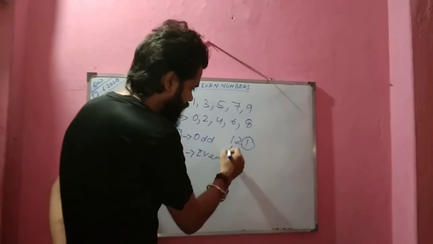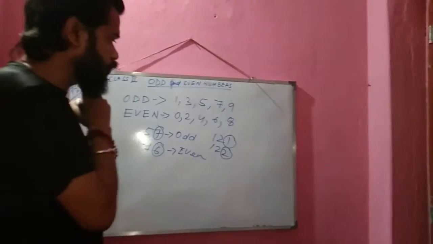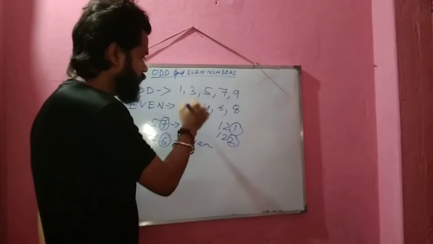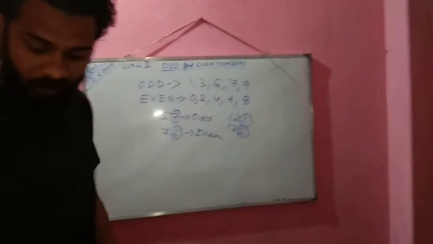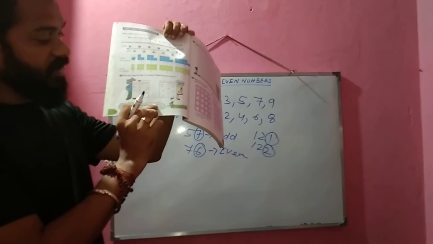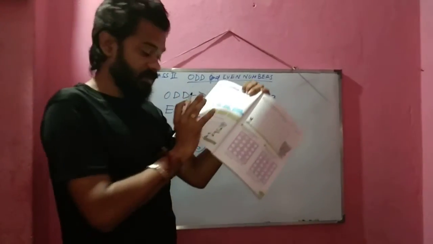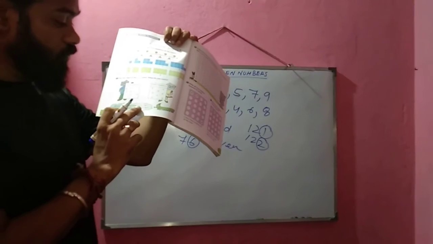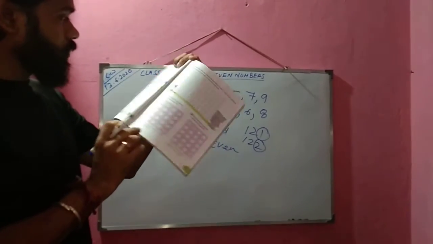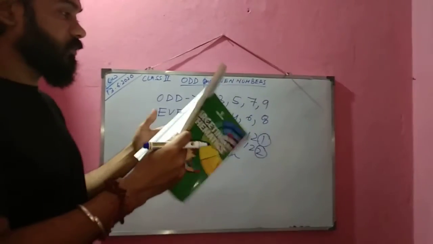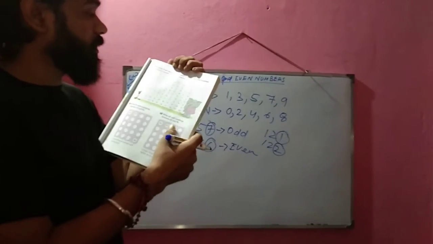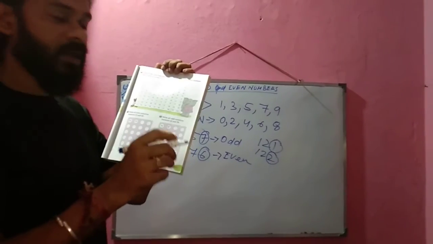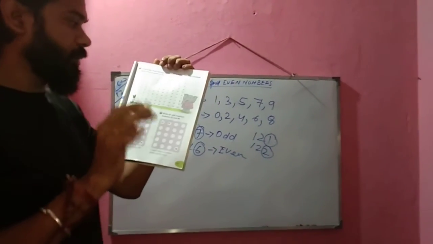For an even number, I'll give you one example, 122. You just see the 2. 2 is in the even number column, so it is an even number. In your book, it is given that all odd numbers end with 1, 3, 5, 7, 9. I have also written here 1, 3, 5, 7, 9 and even numbers 0, 2, 4, 6 or 8. On the next page, a column has been given to you. Look at the chart and put a tick mark in red for even numbers and a cross mark in green for odd numbers.